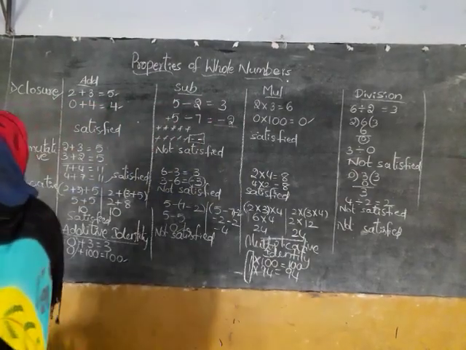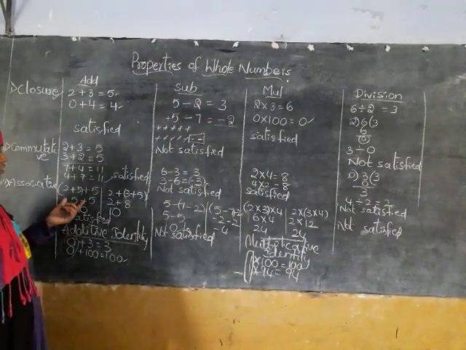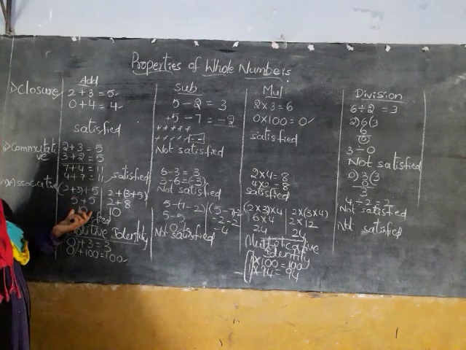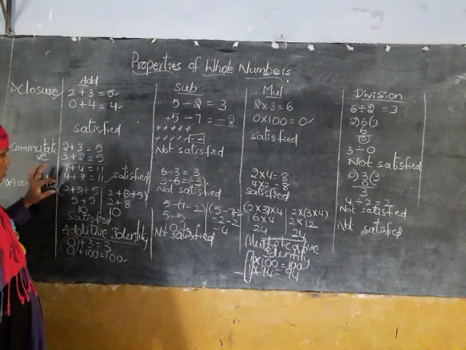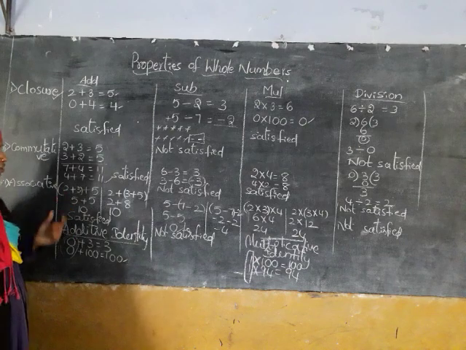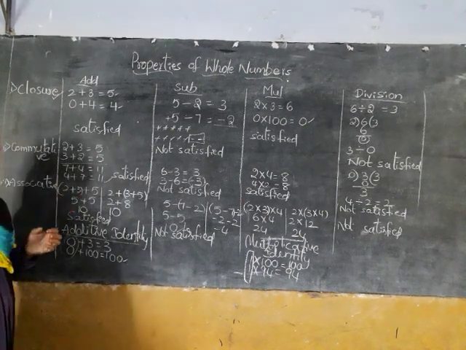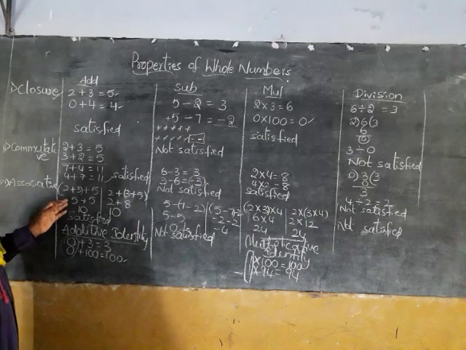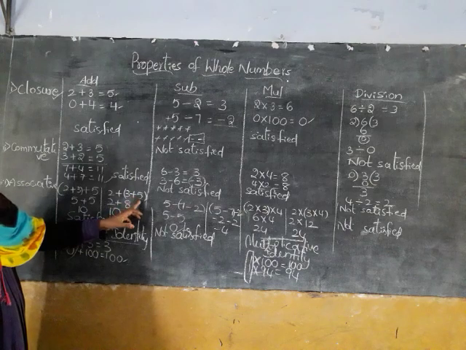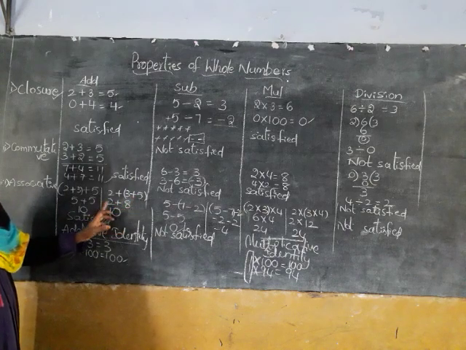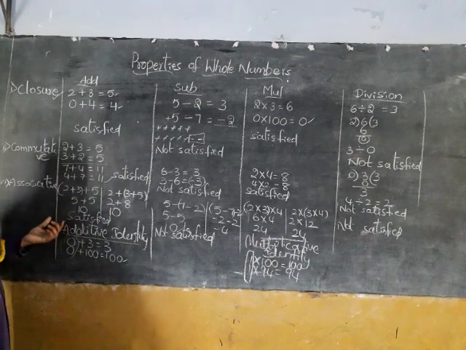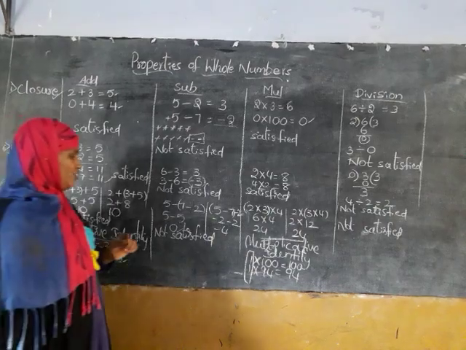Now move to the associative property. If you take three numbers and add the three numbers, the result should be a whole number. What you are doing, you are taking three numbers, are you adding at a time? No. First you are adding the numbers which are in the brackets. After that you are adding the remaining number. In the same manner, first you add the numbers in the brackets. That is 3 plus 5 equal to 8, 2 plus 8 equal to 10, here also 10. From this we can say that associative property is satisfied under addition.